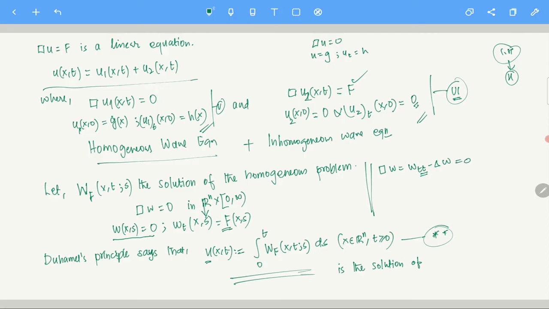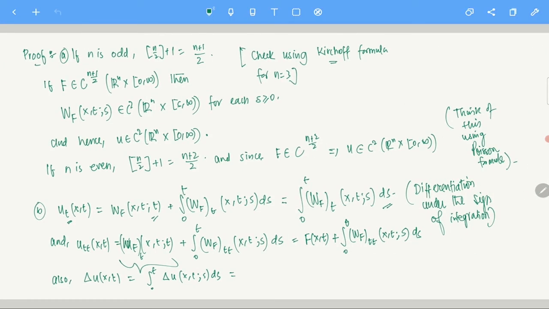That is given to us. So here you see this, I have to change it a little bit. So this will be the Laplacian of wf at the point (x, t, s). Clear? Okay, so this is given by the integral from 0 to t, and since wf solves the D'Alembertian, it is wf with respect to tt at (x, t, s) ds. Clear? Okay, now you see if you take utt minus this, so basically you have f of (x, t). Okay, so I am not writing that thing, I guess this is fine.